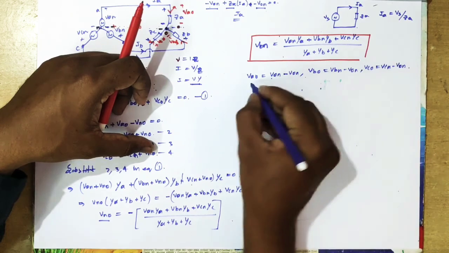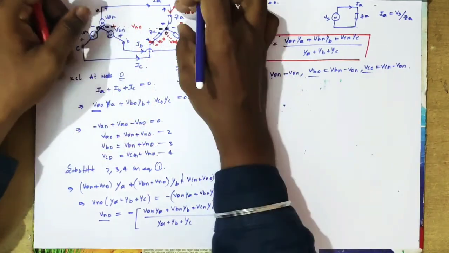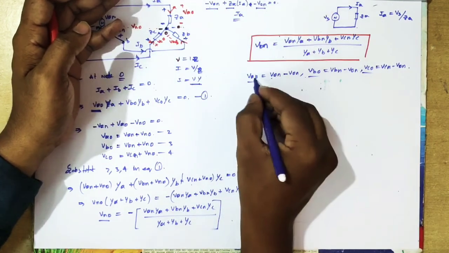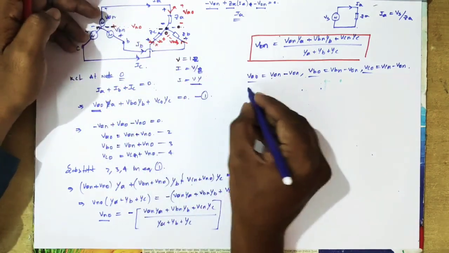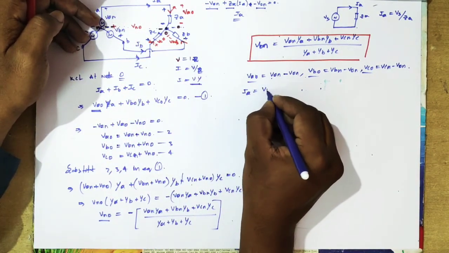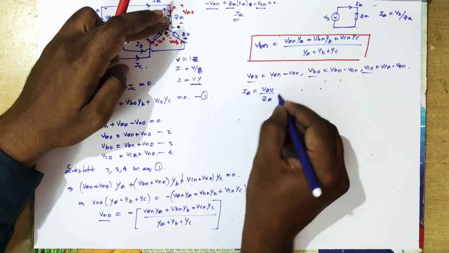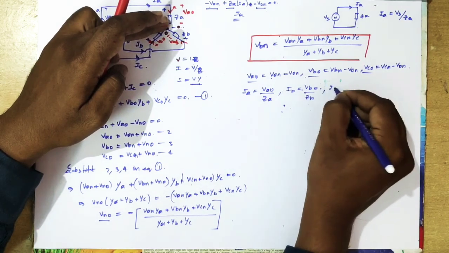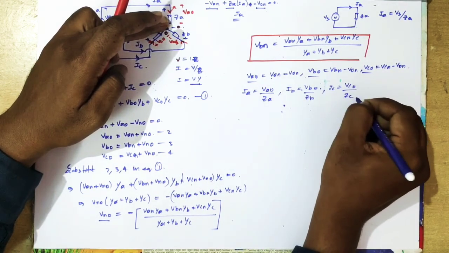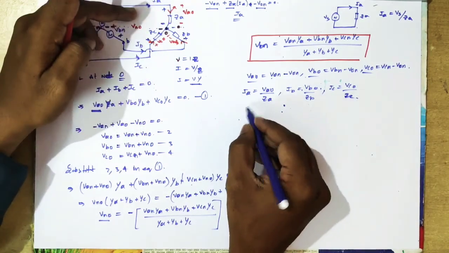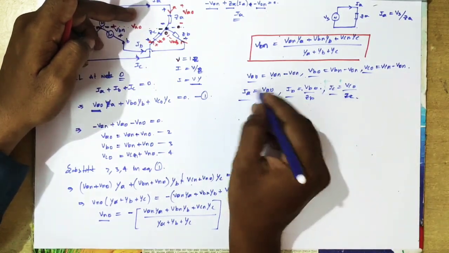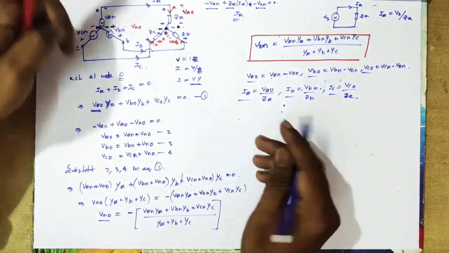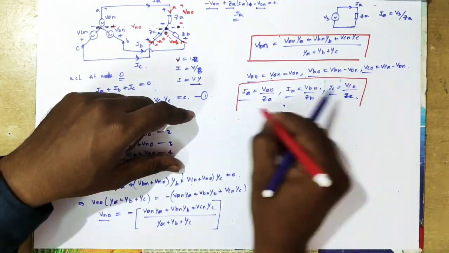So after finding V_AO, V_BO, V_CO, our goal is to find the voltage across this phase. We found that by finding V_AO initially. Now we find I_A equal to what, V_AO by Z_A. Okay, and I_B equal to V_BO by Z_B, and I_C equal to V_CO by Z_C. Okay, so we found line currents I_A, I_B, I_C. Initially we found V_ON, and so that's the thing.